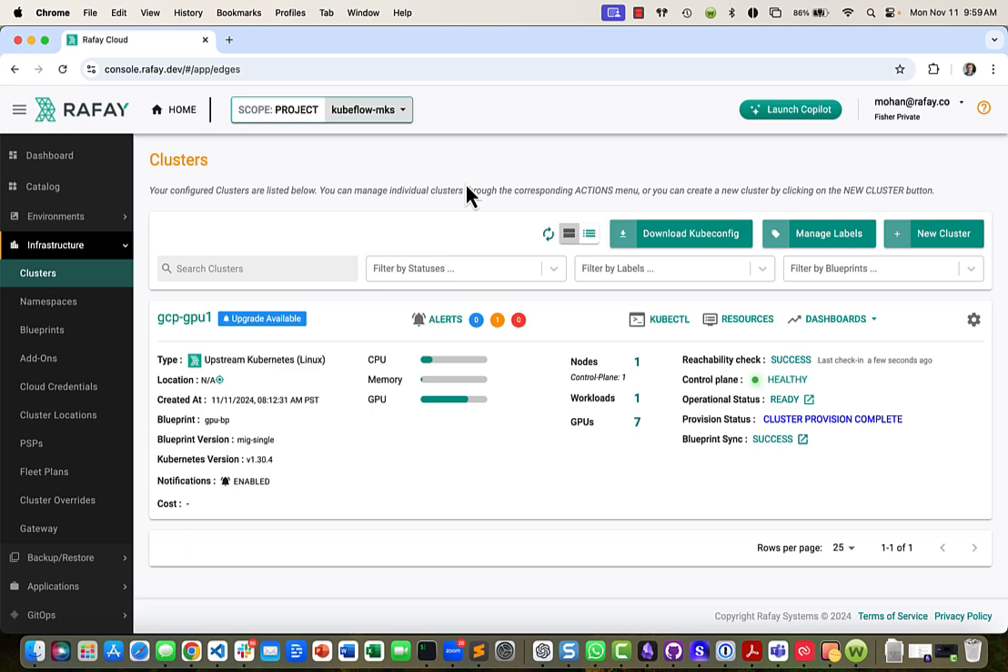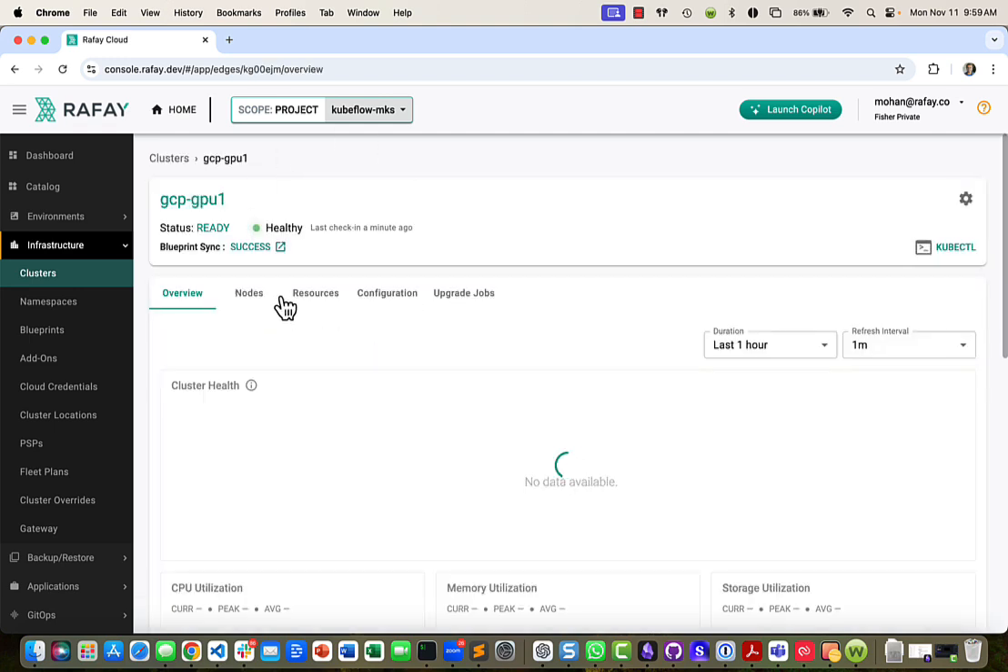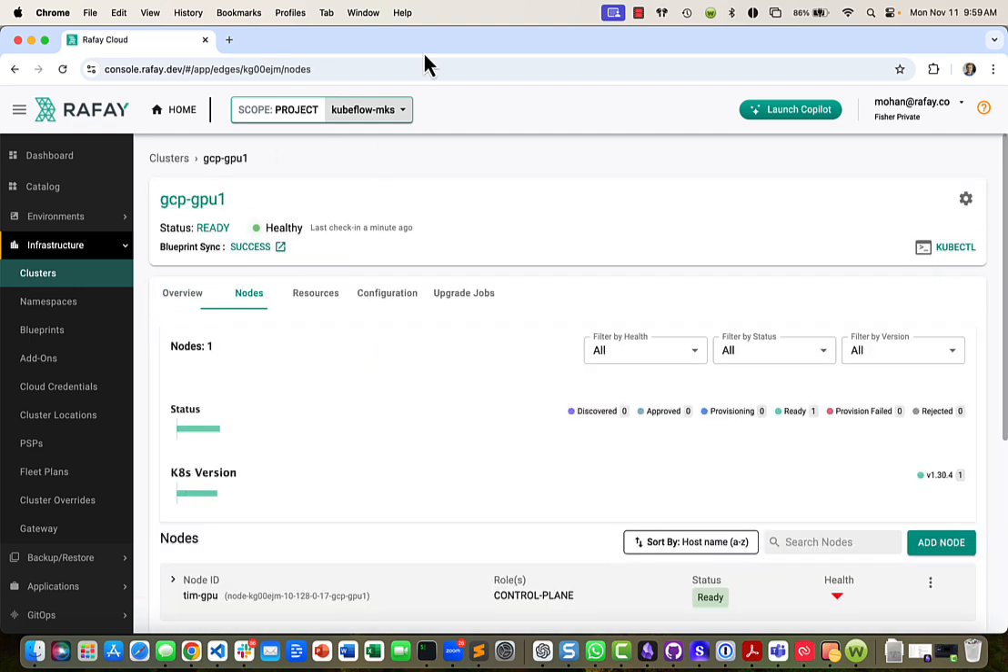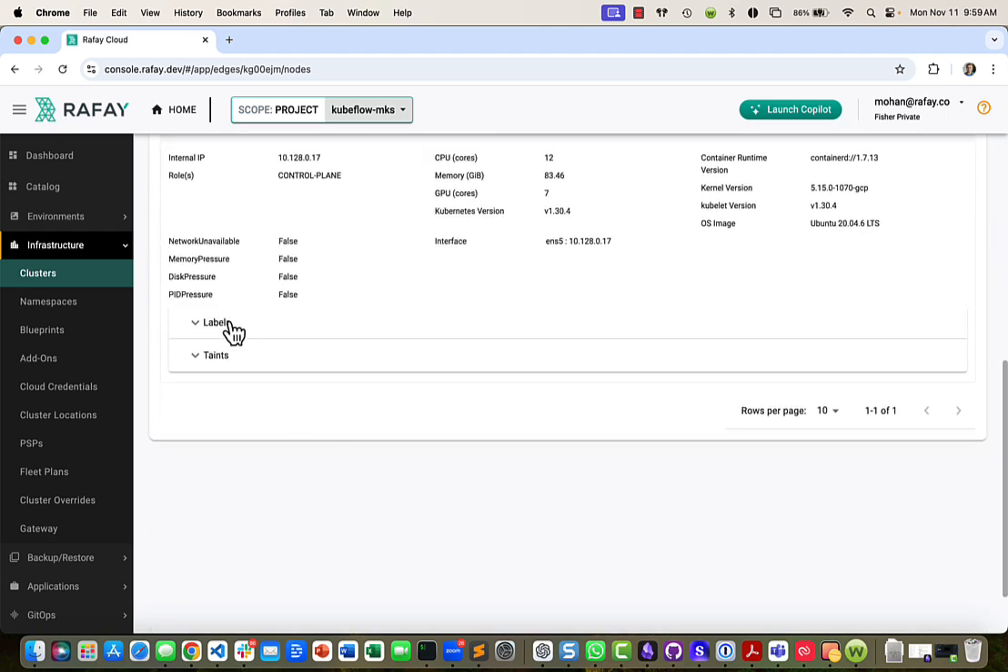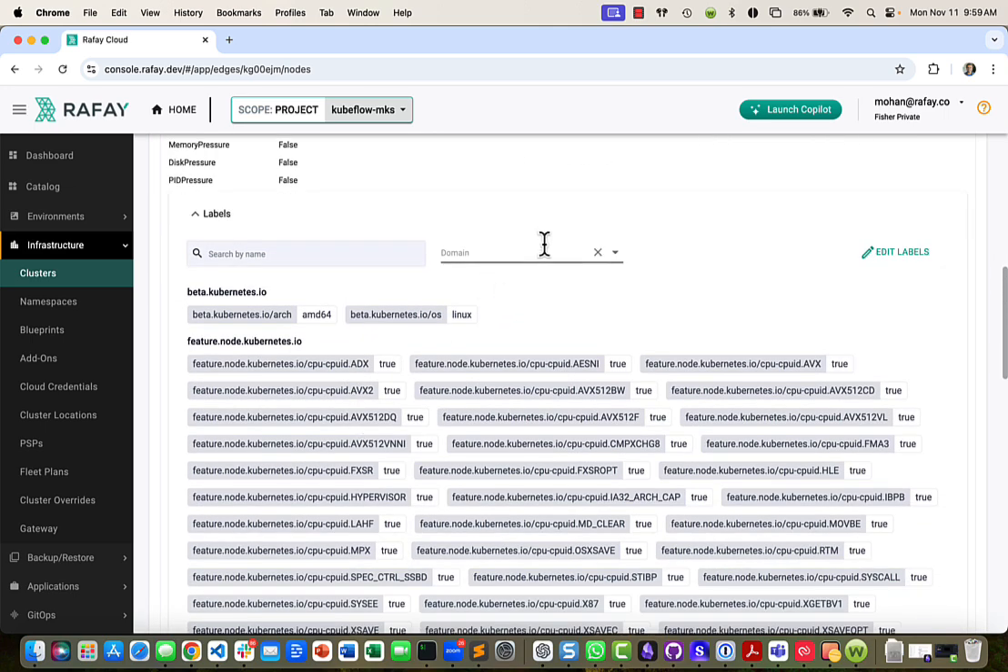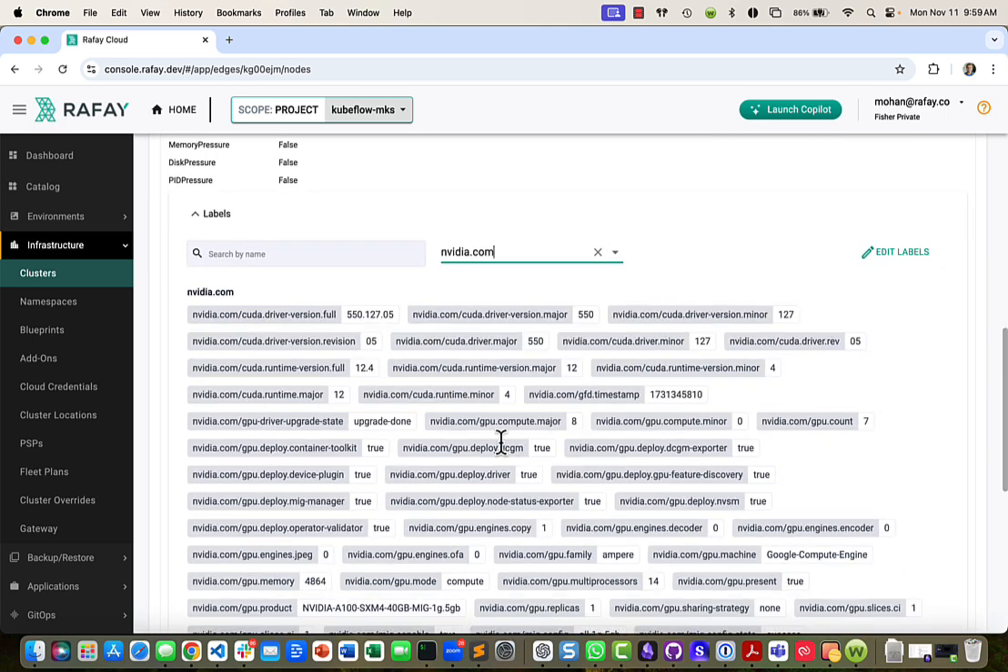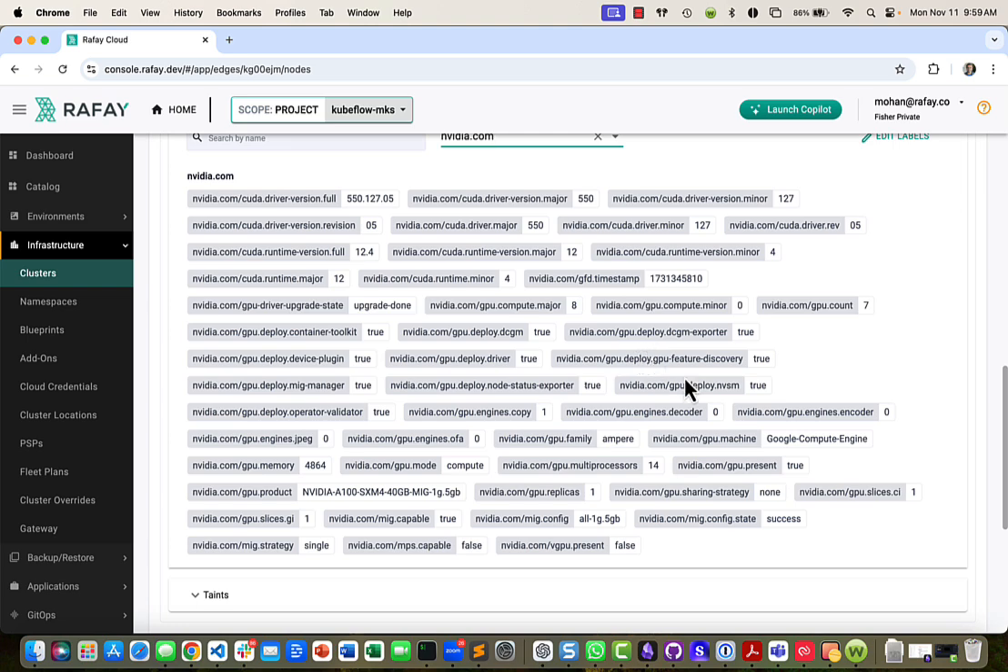Right, in this video, we'll look at how you can configure MIG on a GPU and spatially partition it into multiple GPUs. In this cluster, which is a cluster running Rafay's upstream Kubernetes cluster, if you go look, it's got one node and it's got, let's go look at the labels. Let's go pick the NVIDIA.com. If you look at this, it's an